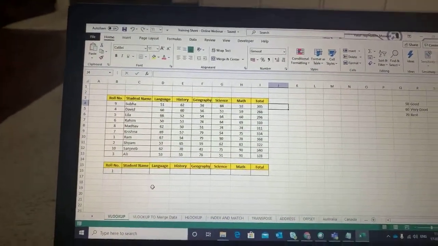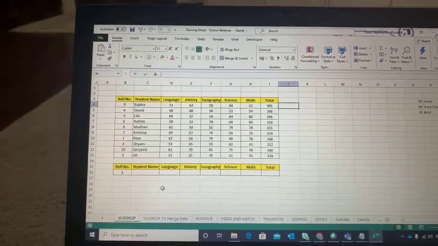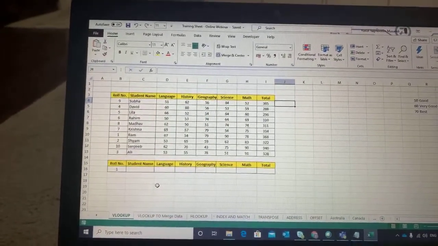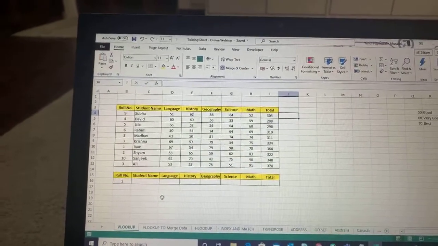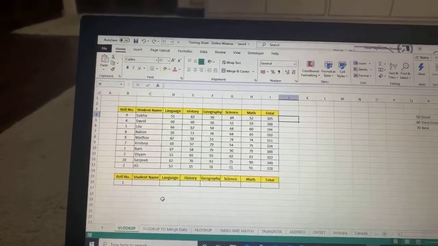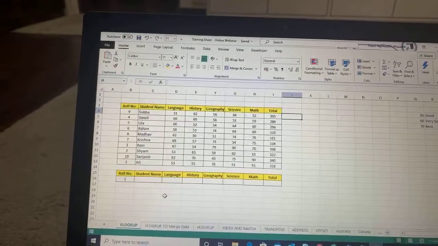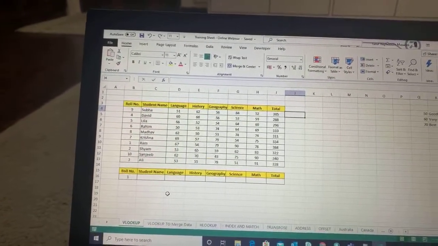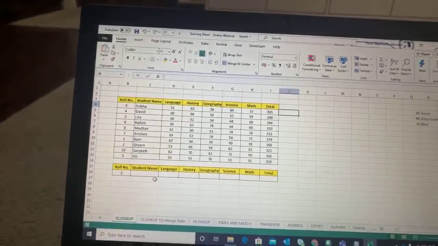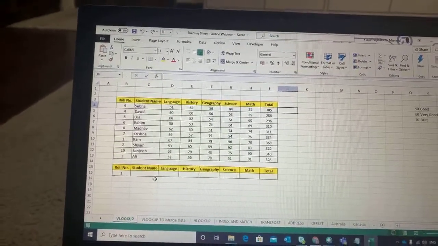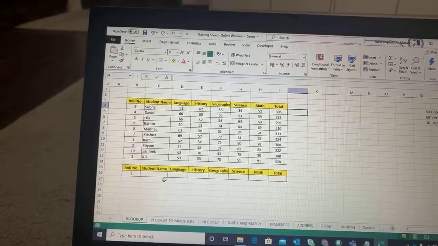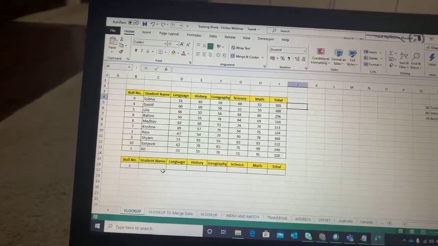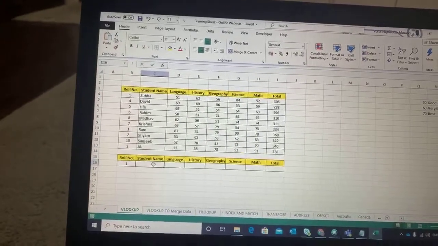Likewise, let's say you want to search for the employee ID, and based on the employee ID you want to fetch his salary, or the number of leaves that he has taken. So that is the concept of VLOOKUP, where you search on the basis of one particular column in your table. That one column should have unique values, and depending on that you are fetching values from the other columns.